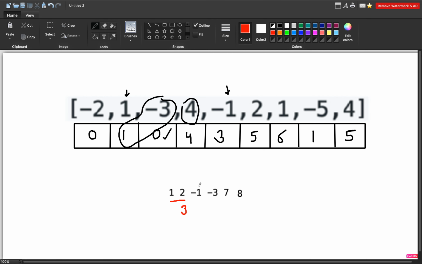And since it is negative at the next index, if I subtract this negative from this 3, it will become 2. Now, can there be a greater element after this minus 1 which can contribute to our answer? Yes, it can contribute to the answer because the total sum is positive.